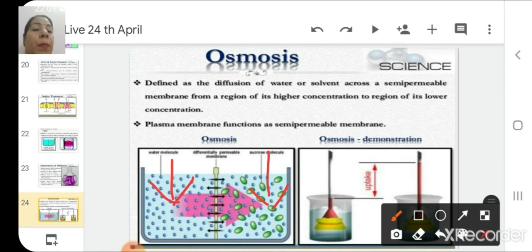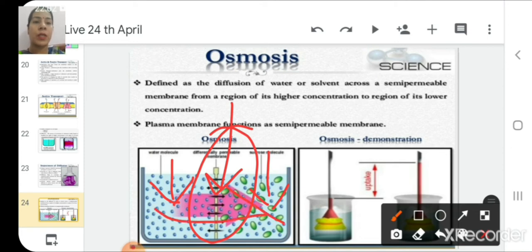So suppose on one side there is plain water and on the other side there is sugar syrup, concentrated sugar syrup, and in between there is a permeable membrane. You can see this permeable membrane here. So what will happen now when two solutions which have different concentrations are separated by a semi-permeable membrane? To maintain the concentration on both sides, the water molecules will move from higher concentration